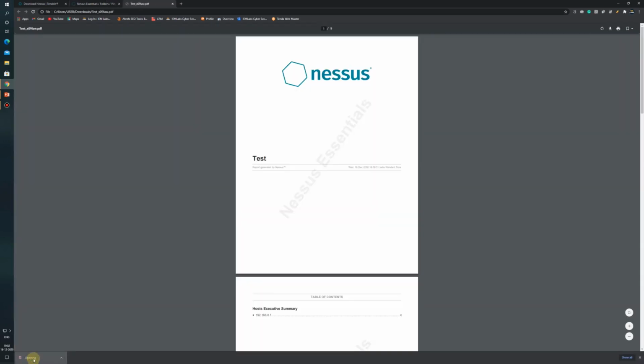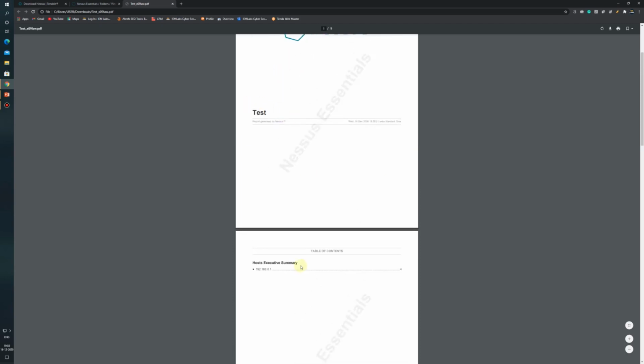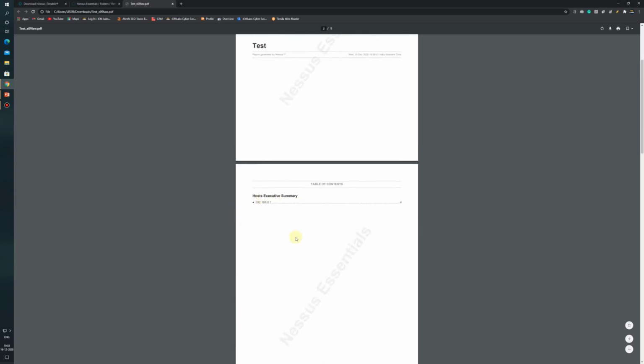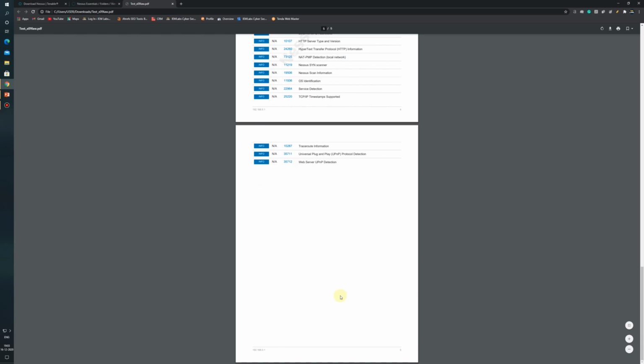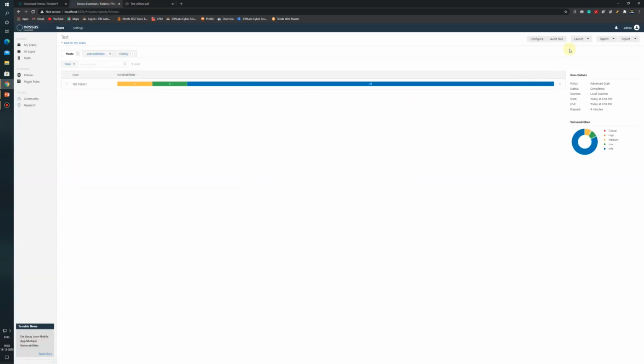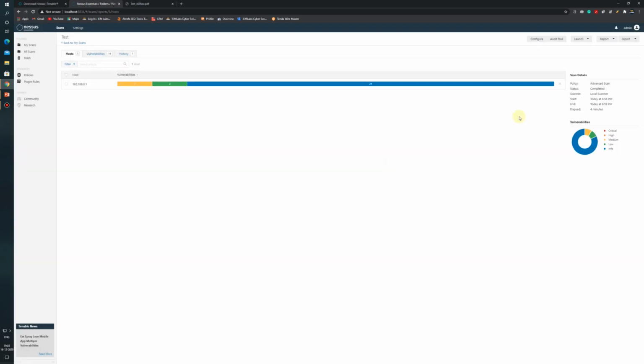So this is the report. So you can see the Nessus symbol is there and there is also a watermark. This is the scan name. This is the scan scope. Next, there are 2 medium, 2 low and 18 info level vulnerabilities. This is the content chart of that. Now, there is another detailed report which can be generated in the custom. From that, we can take out each type of vulnerability in detail.